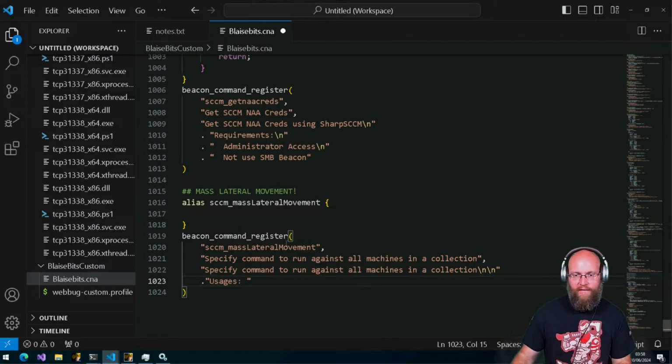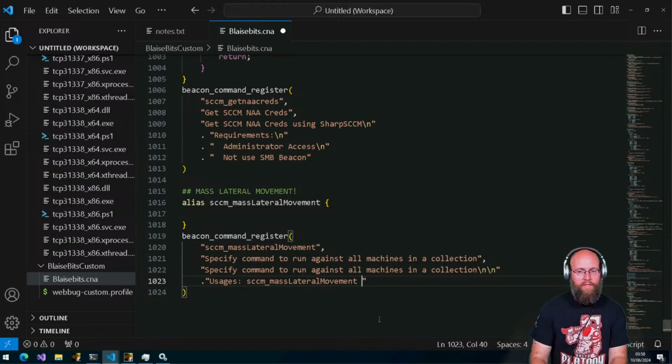So the usage is handy because then we can kind of prototype out how we want the arguments to be done. So a couple of arguments we know we're going to need is we're going to need the collection name. And then we're going to need